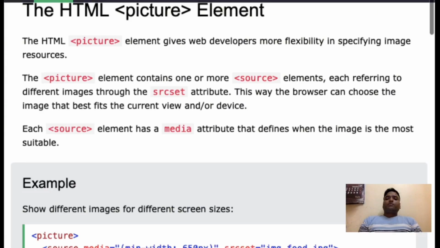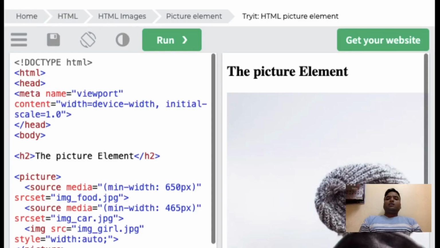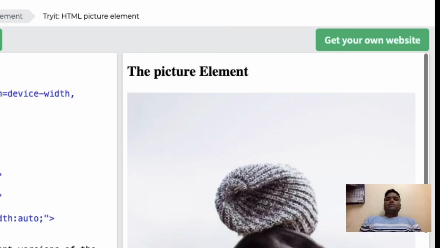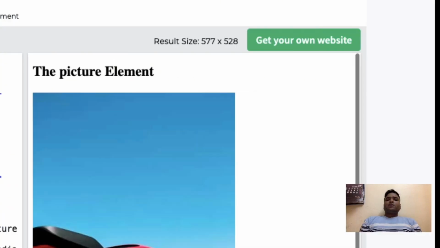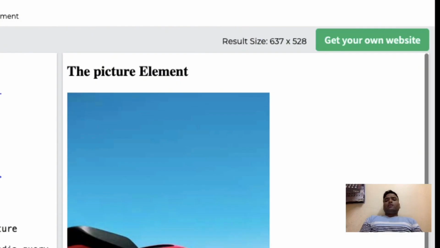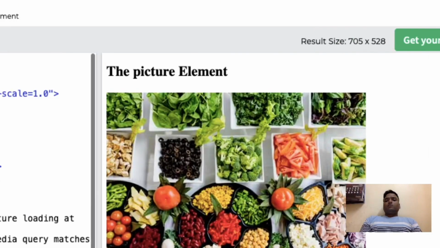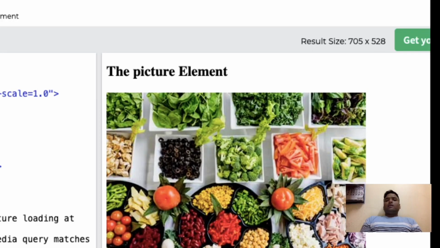Here you can see in this case, when the user is using this picture element, it will display the image inside it, and whenever the screen size changes, the picture also changes.